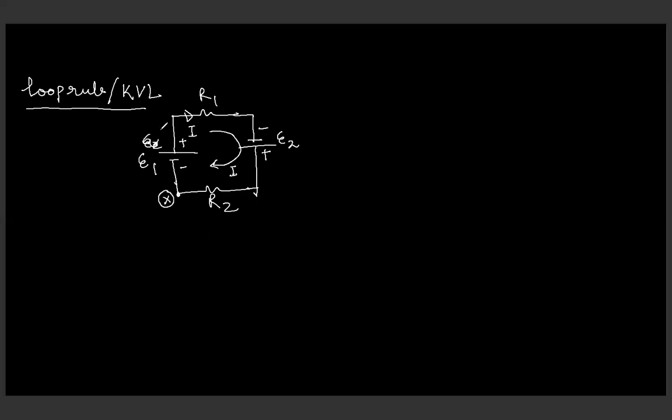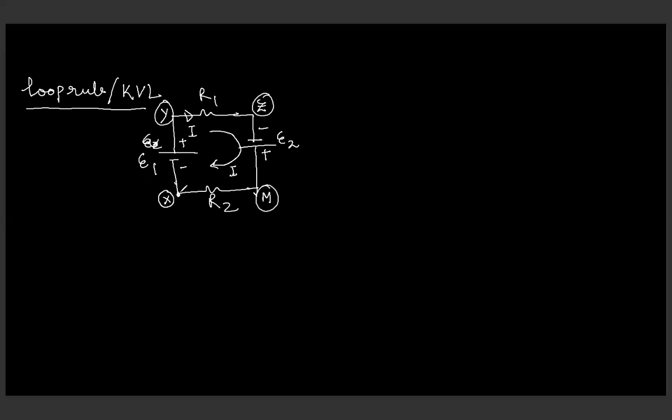Remember that as we are solving it for the very first time, you have to decide the loop. A loop is always a closed part of a circuit. It may be a complete circuit or maybe a part of the circuit. So in this case, my loop is X, Y, Z and A, M. Okay. So we are going to write down the loop rule.